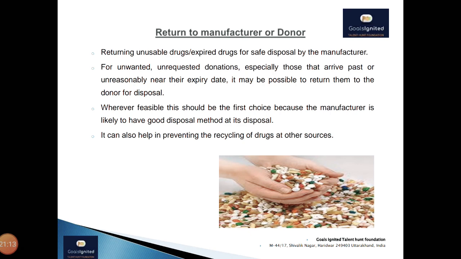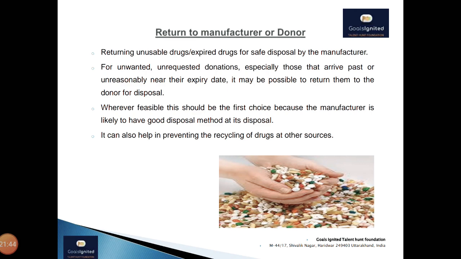Now come to the sewer. Some liquid pharmaceuticals like syrups or intravenous IV fluids can be diluted with water, then flushed into the sewer in small quantities over a period of time without serious public health or environmental effect. Or the fast flowing water courses may likewise be used to flush small quantities of well diluted liquid pharmaceuticals and antiseptics. So few of the draft guidelines are there for the good distribution practices for the pharmaceutical.